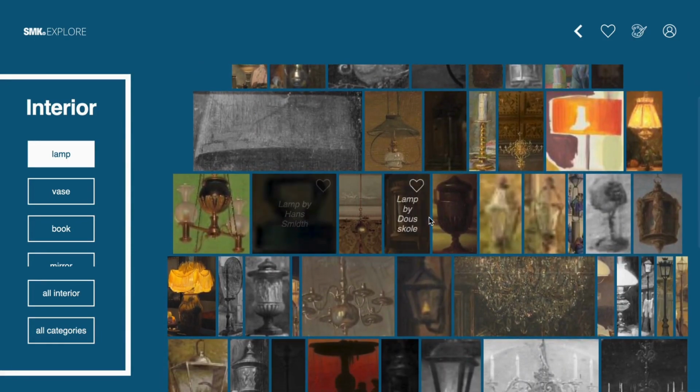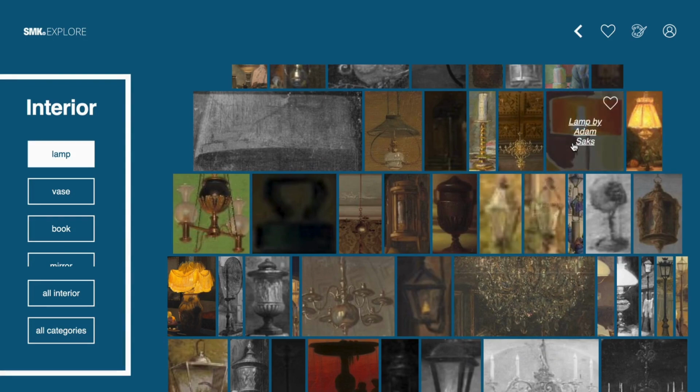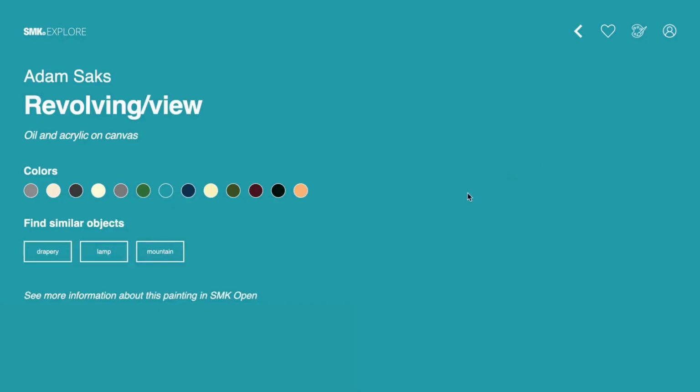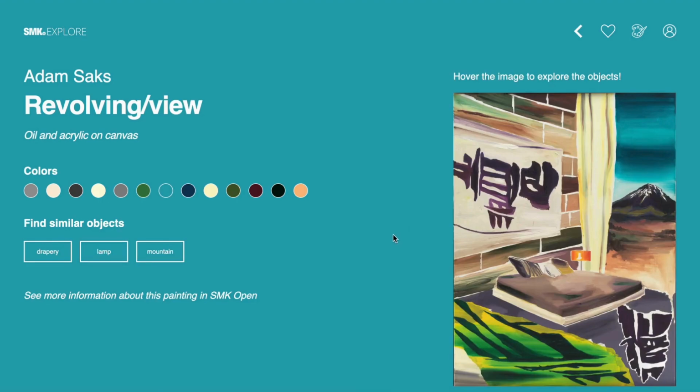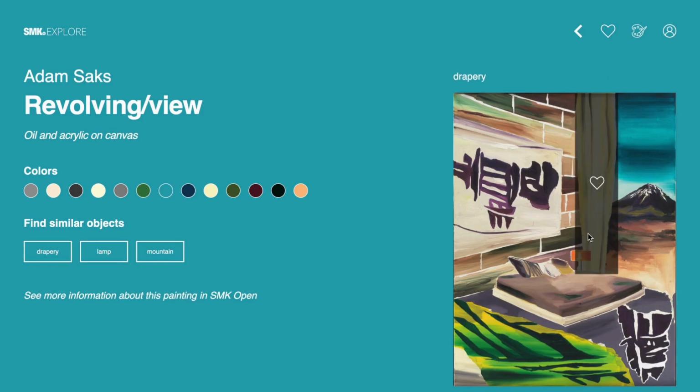Hovering the object will reveal the label and the name of the artist, and if they want to inspect an object further, they can click on it, which will lead them to the painting the object has been detected on, with highlighted metadata of the artwork. This screen mirrors the existing web design of the National Gallery, with the detected objects as an add-on. Hovering the painting will reveal areas of the artwork where the algorithm has detected objects, allowing the user to interactively